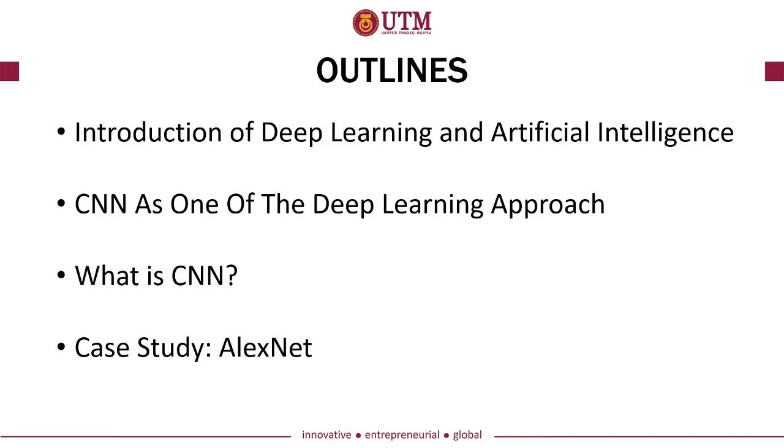Of course, there are more recent well-established CNN models in research, but in this course we only cover the first well-established CNN, which is called AlexNet. Currently we also have a lot of CNN models such as GoogleNet, VGG16, VGG19. If you refer to many books, they talk about those, but we only cover one of the well-established CNN models, which is AlexNet.